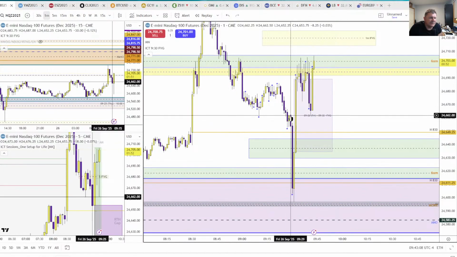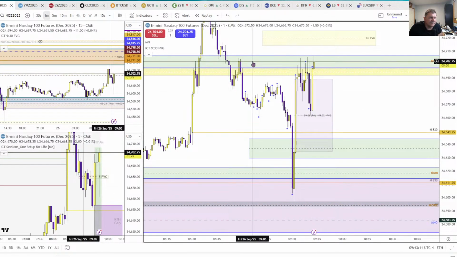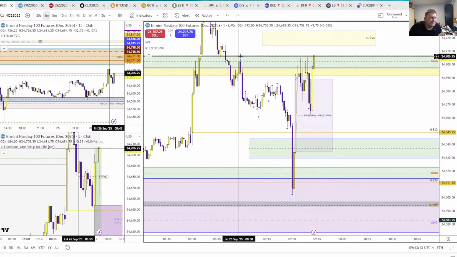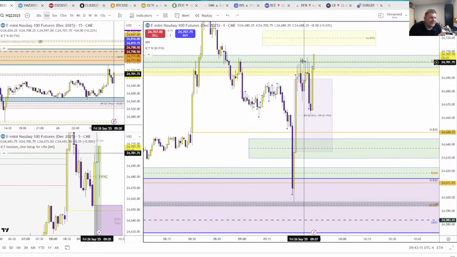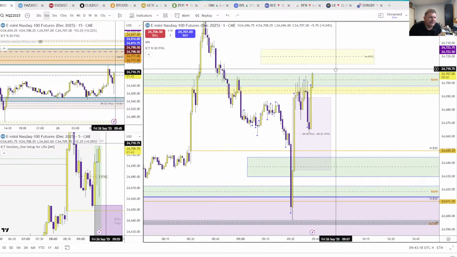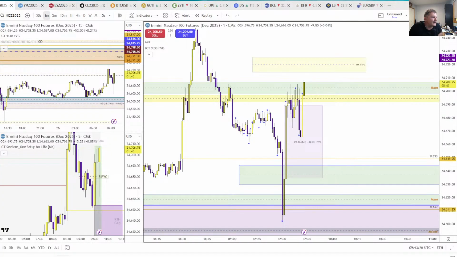So all I wanted to do is just come back and give our little guy a kiss right here. Now we've got a new high. Wait for a body to close above that. This may just straight run from here now. That will give us